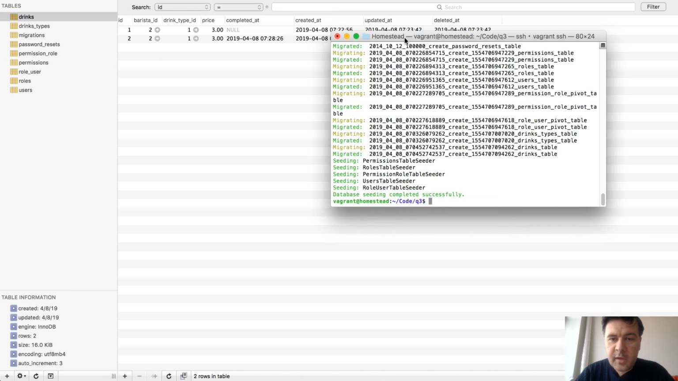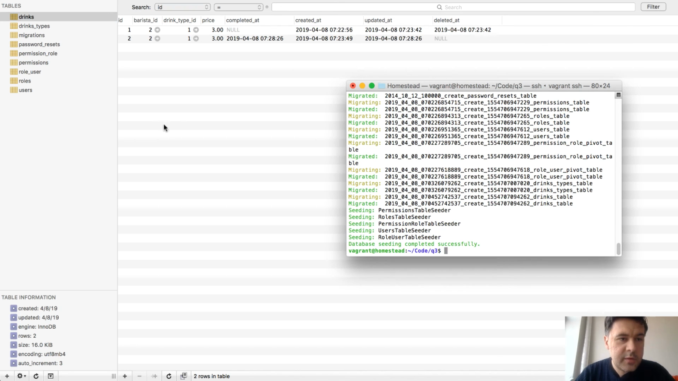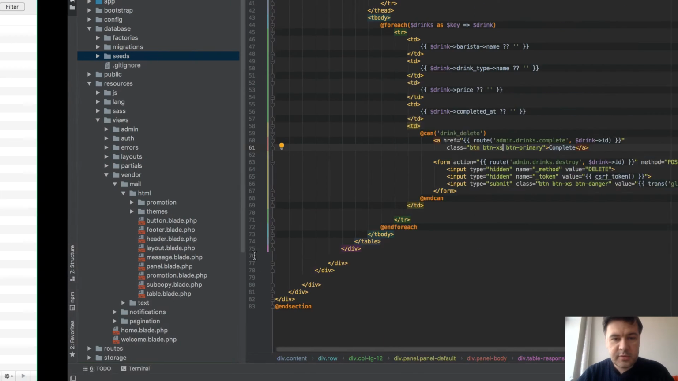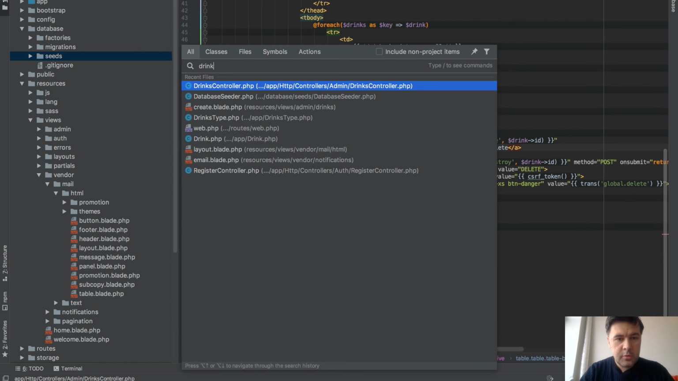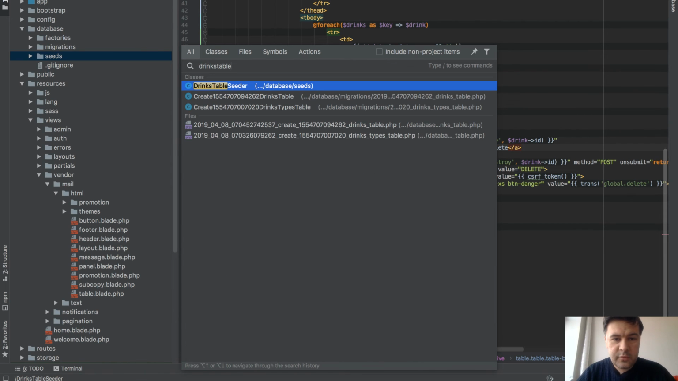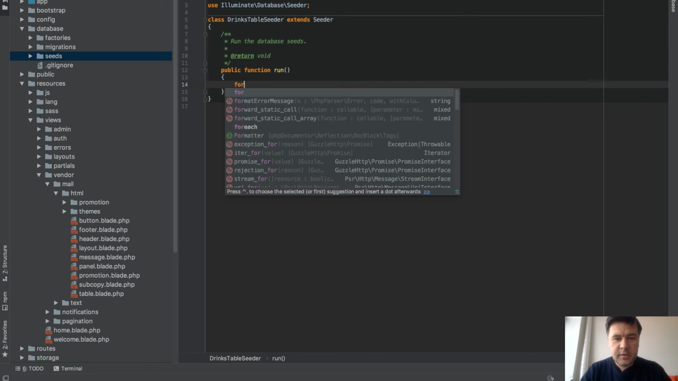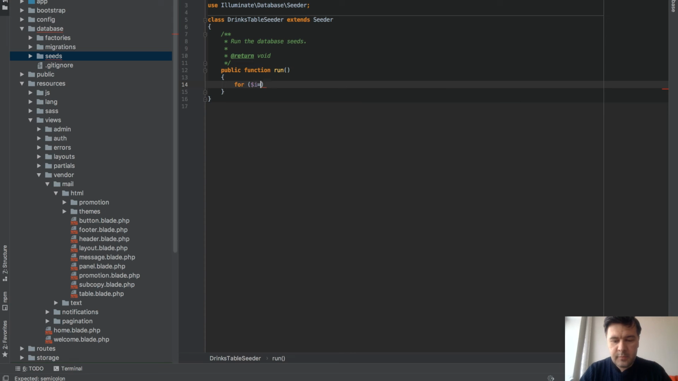This is how the database looks right now. So we've played around with 2 drinks, and now let's make a seeder for the drinks table. So artisan make seeder, DrinksTableSeeder. It will generate an empty file, and we will fill it in with some fake data. Seeder created successfully, so in PhpStorm, you probably are able to find it. So DrinksTableSeeder, nothing here so far, but let's do, I don't know, 100 drinks,